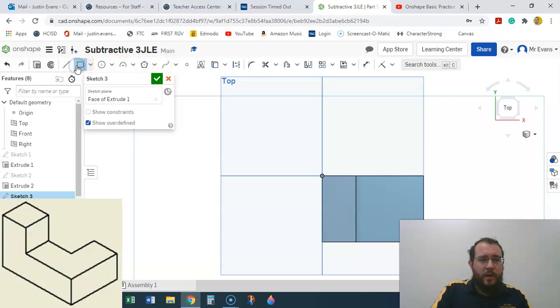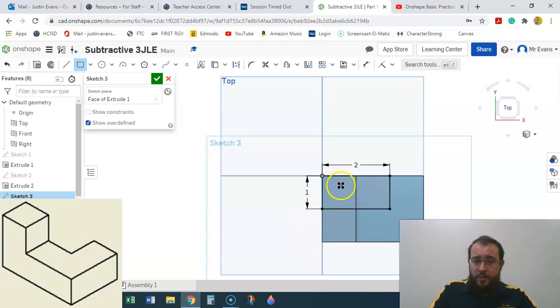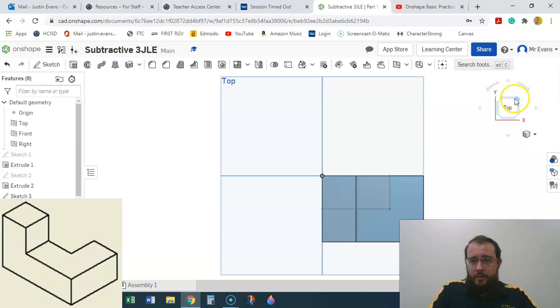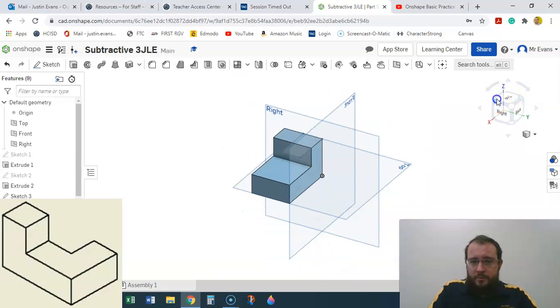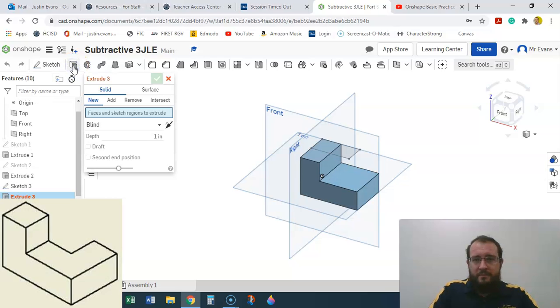And I'm going to grab the corner rectangle tool and expand out, and it's going to be about 2 by 1. I'm going to click, and then I'm going to press 2, enter, 1, enter. So I got a rectangle. It's crossing both this surface and hovering over that lower surface. I'm going to click my check mark, look at it at an angle that I like, hit extrude,